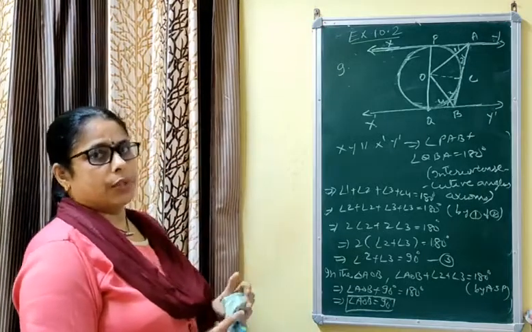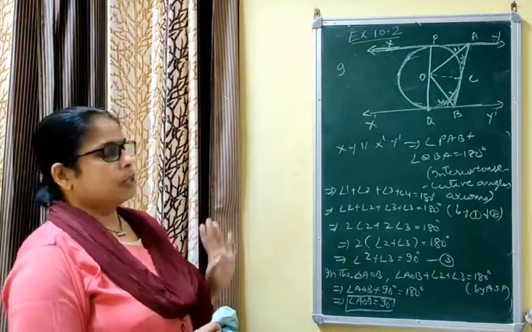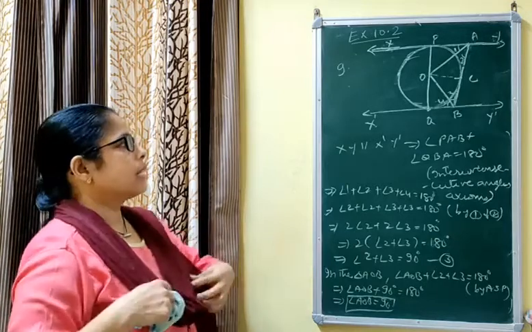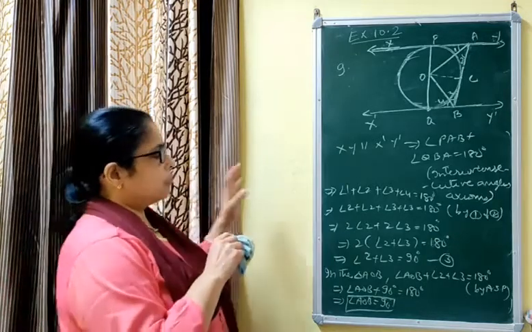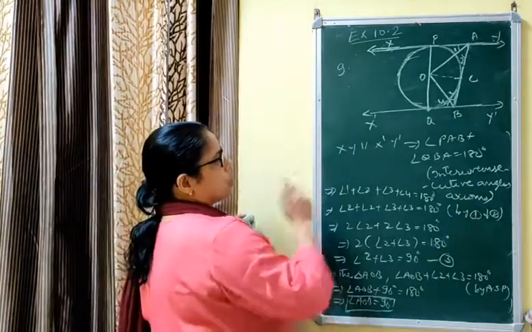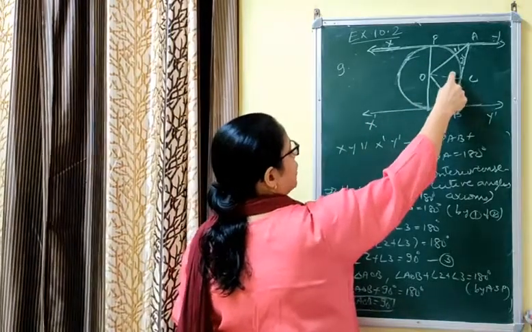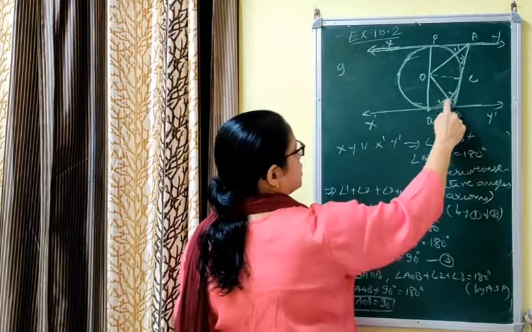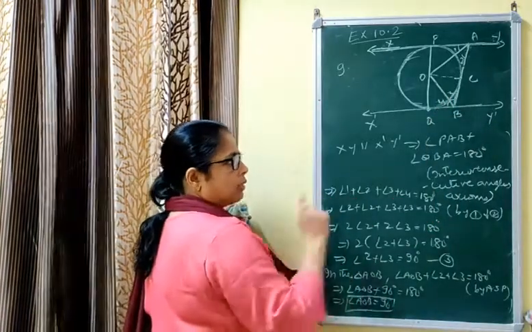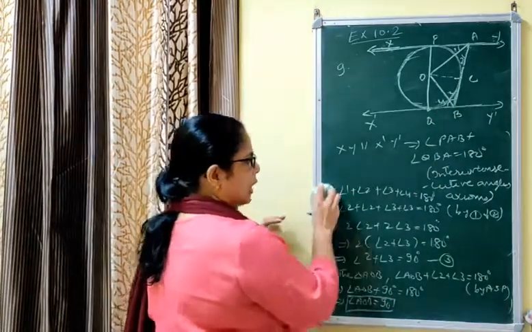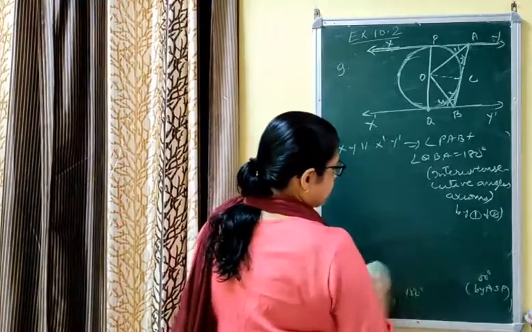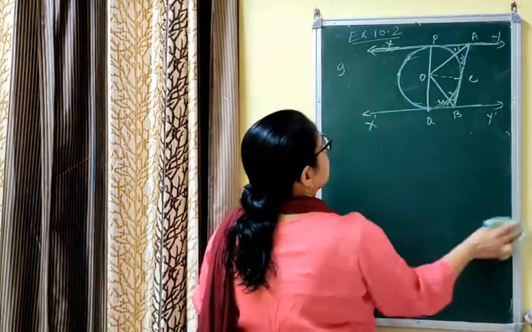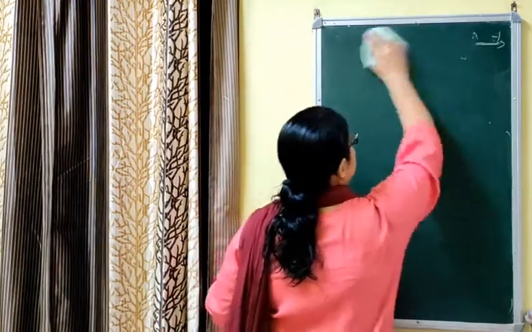This question may come without figure. I have given you the language of that question. Besides that, what we have done to prove this question, first of all we have proved these two triangles are congruent, and by CPCT these two angles are equal. Again these two triangles are congruent, by CPCT these two angles are equal. Then we applied interior consecutive angle axiom, and after that at last we applied angle sum property in the triangle AOB. This question is very much important.